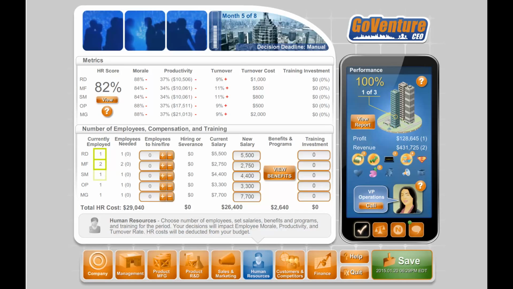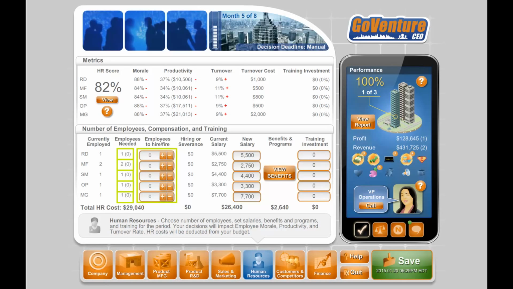Here you can see how many employees you currently have in each department. Here, you can see how many employees you need to have. In brackets is the difference between the 2 numbers. In other words, it shows you the number of employees that you need to add or lay off in order to match the number of employees needed. The number of employees you need in a business function is based on how much money you are investing in that area of your business in this period.